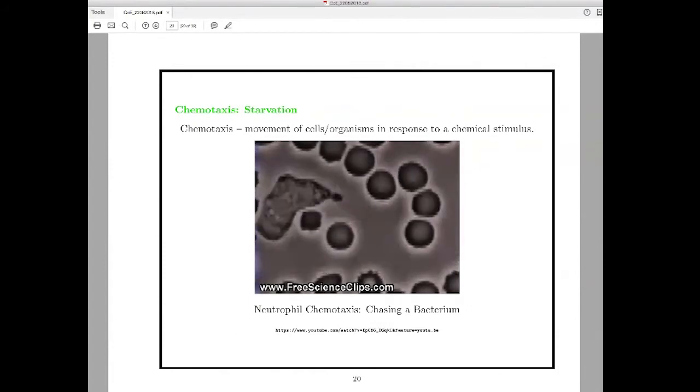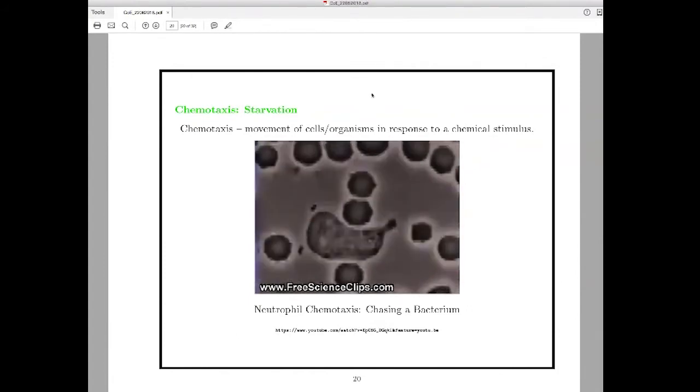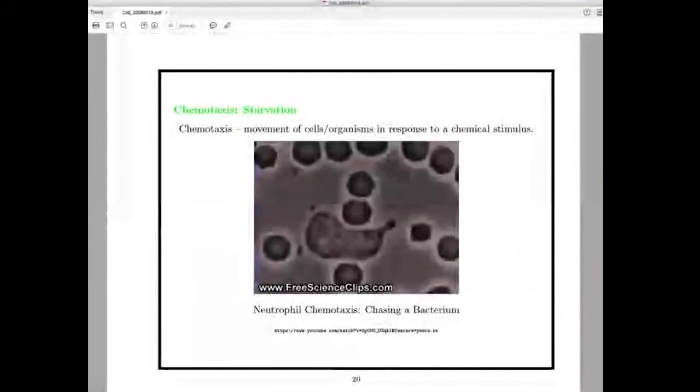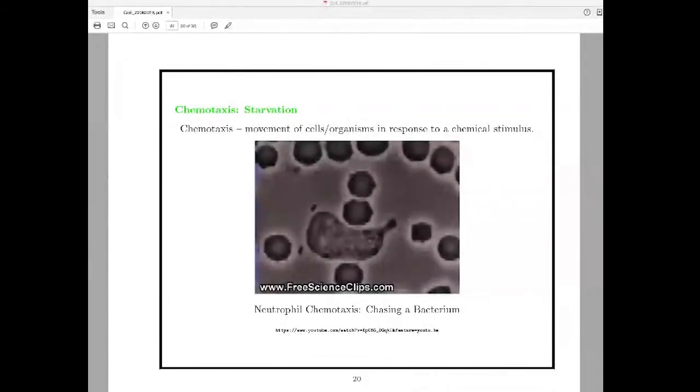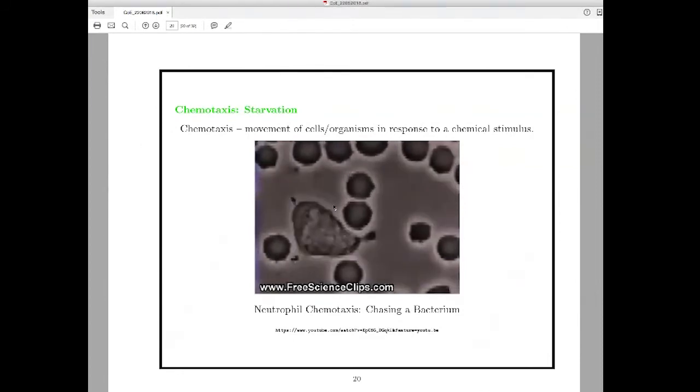So the next application that I want to look at is an application in chemotaxis. Chemotaxis is the orientation or movement of an organism in response to a chemical signal. And what you're looking at here is the movement of